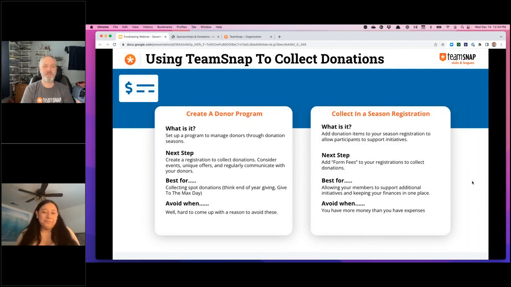This also creates a built-in mailing list, so an end-of-year donation might lead to the next Give to the Max Day. Definitely, and you're building up your organization, your marketing list, and your supporters, local, regional, whatever it might be.